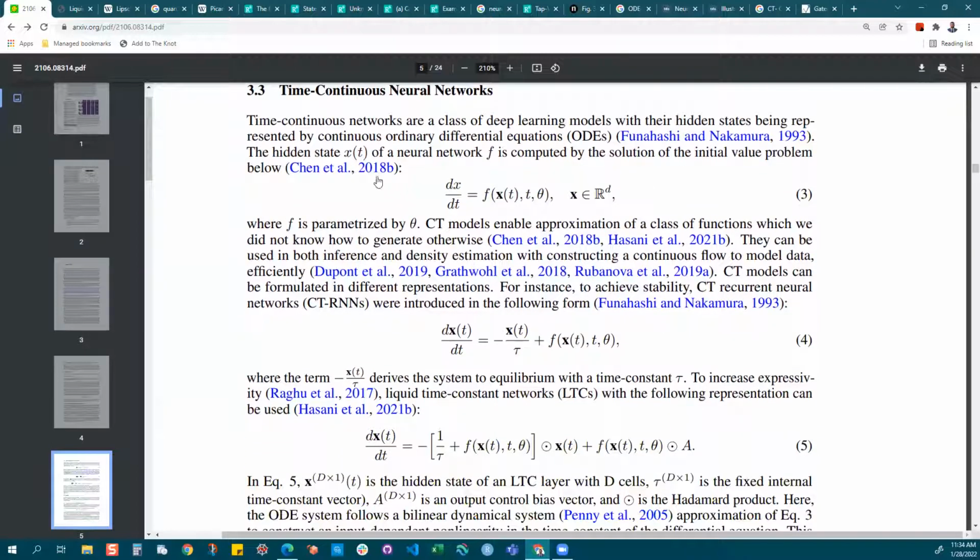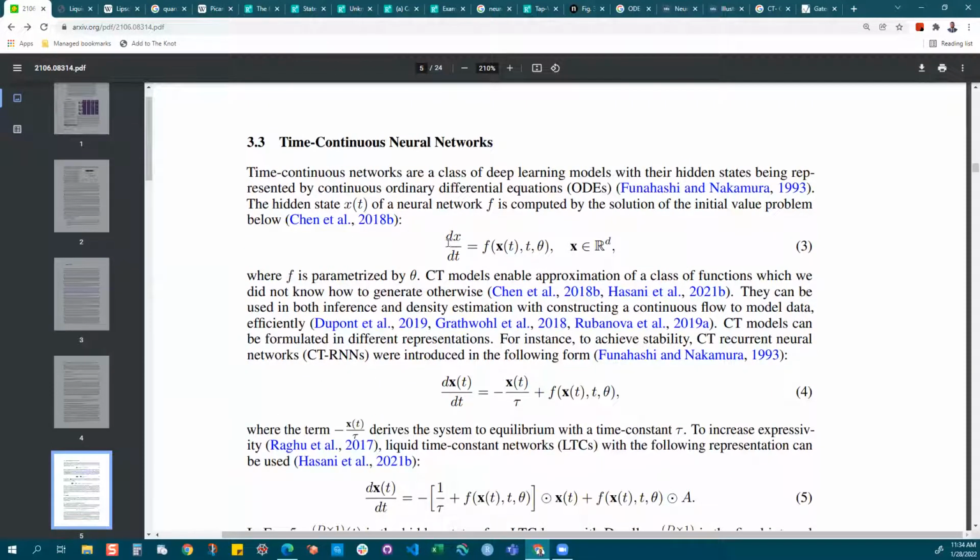And then they talk about the concept of using a hidden state in their neural network, and a function f, as we see over here, which establishes a differential equation to calculate this f, to establish this f function based on the hidden state in a neural network. And they also reference this paper from Chen et al. from 2018, and this f function, which